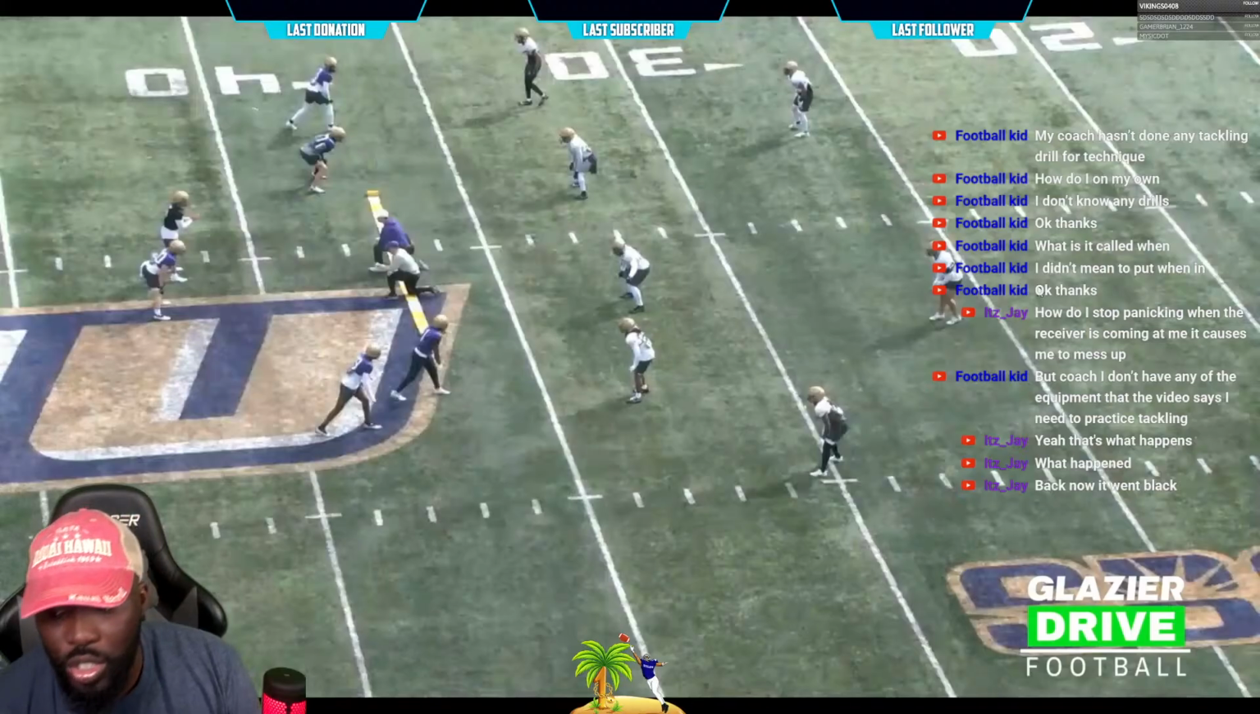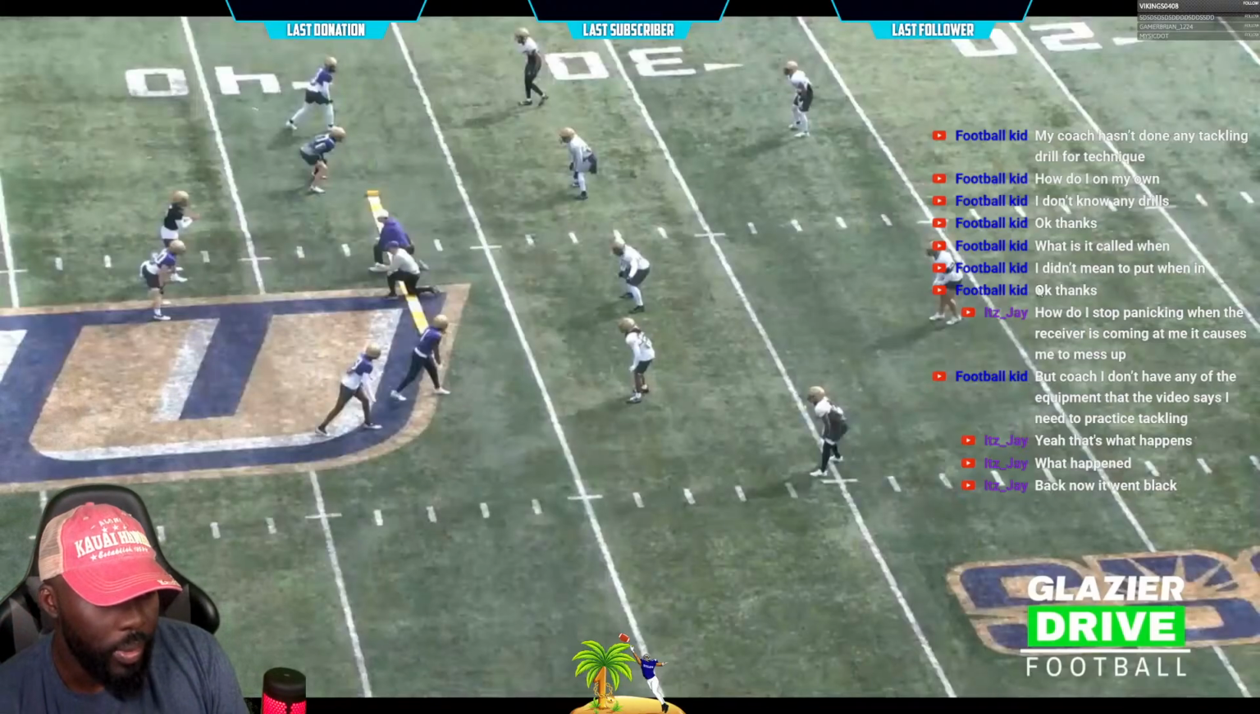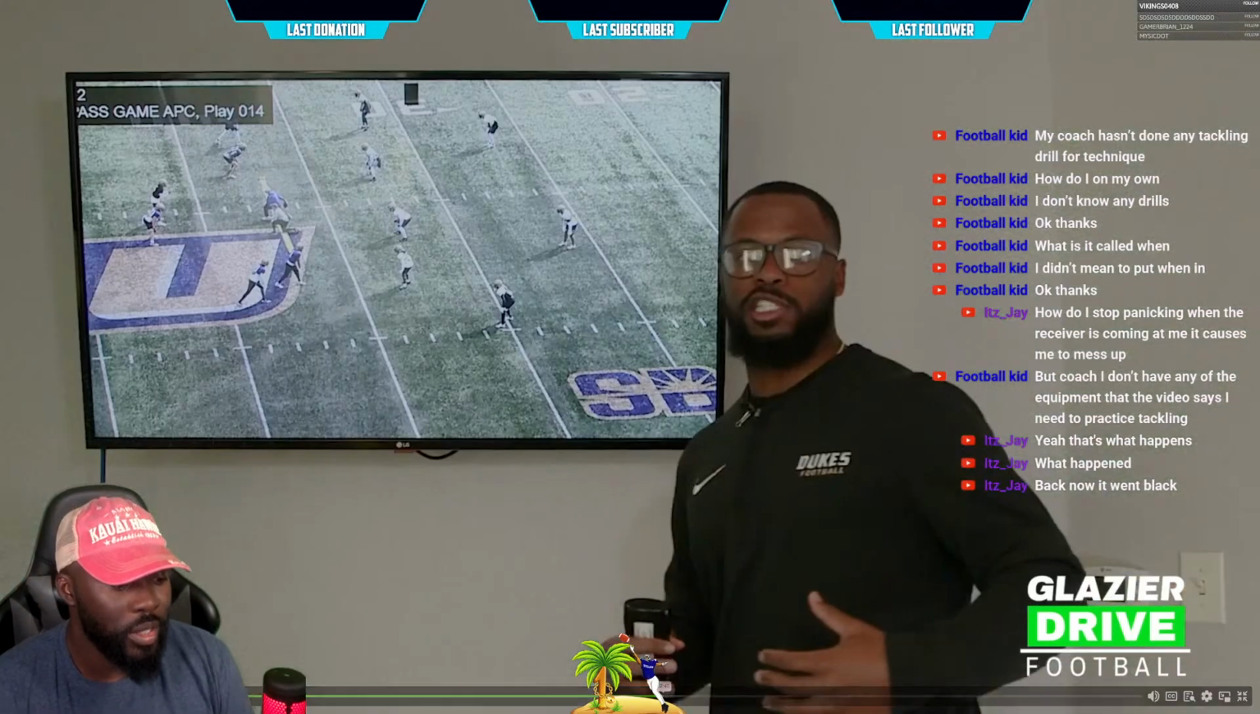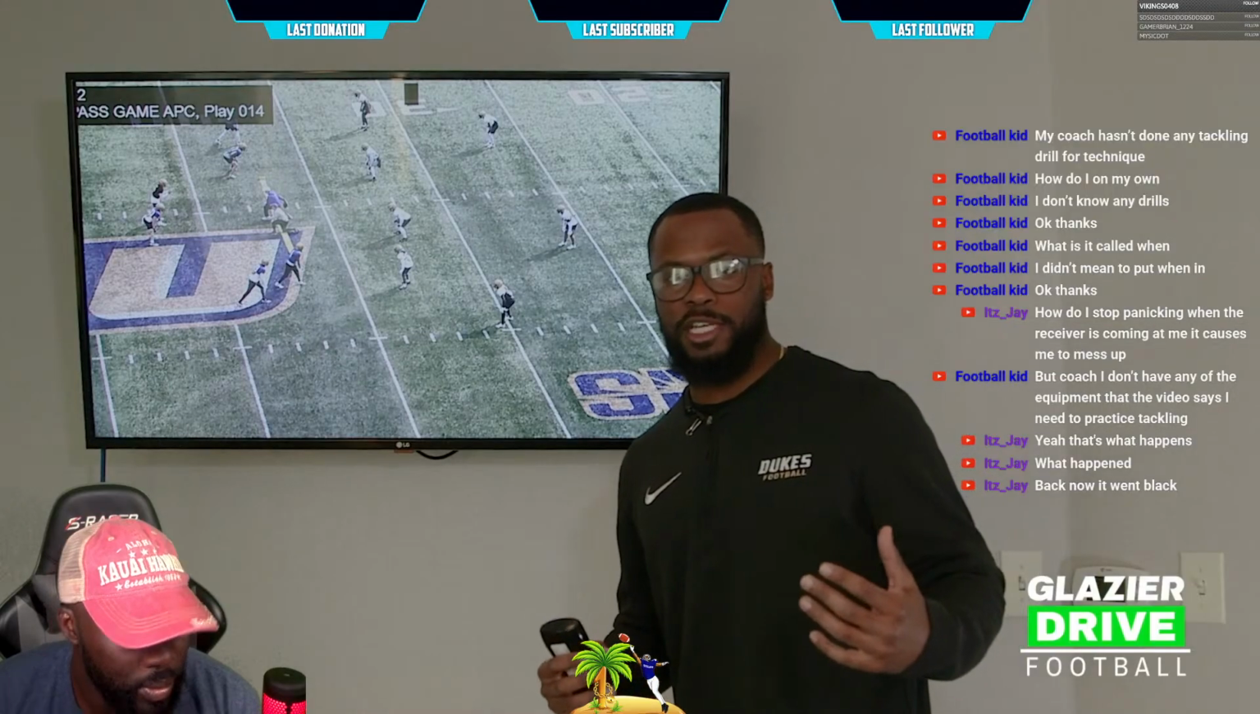I'm gonna try to start doing a little bit more of the Glacier Clinic breakdowns. But the distance of the receiver will determine how long you have to snap your eyes. If you're right there on the receiver's hips,